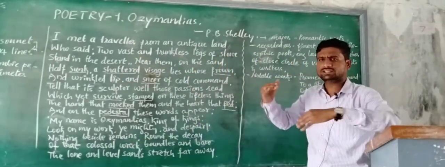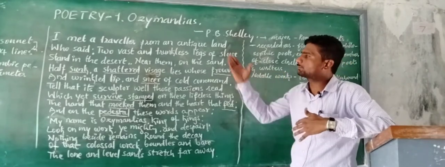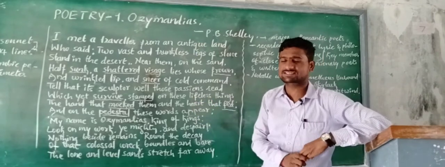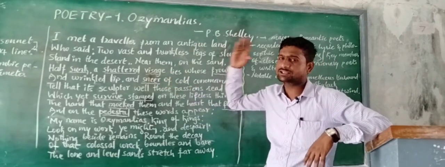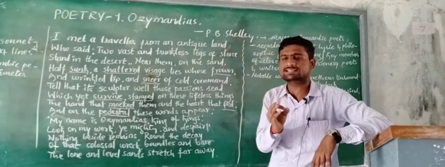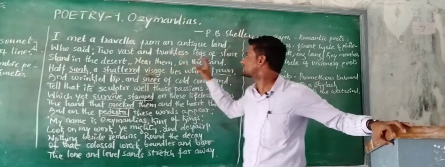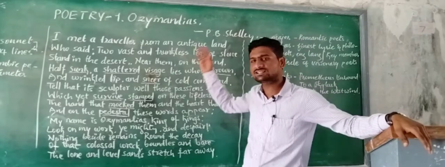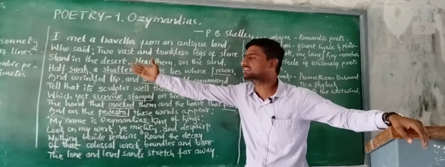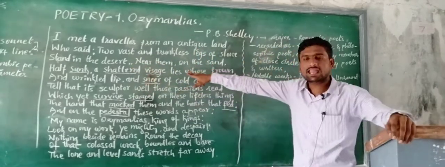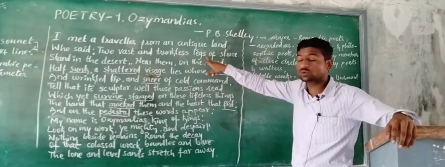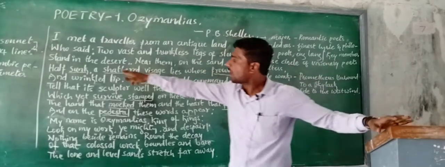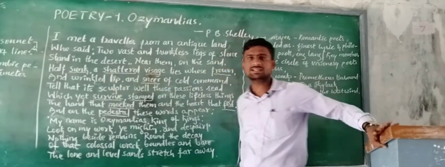Somewhere the traveler had seen that statue, and the statue has only two vast legs and the trunk of the body. The two vast legs stand in the desert. Near them, on the sand, in that place, half sunk